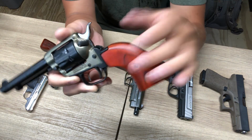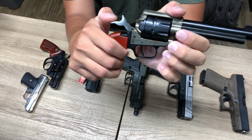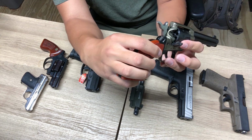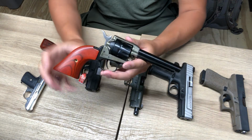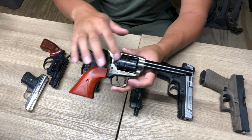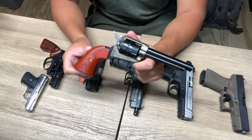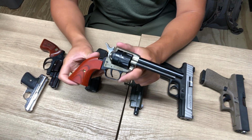I say that because this is a single action revolver, which means every time that you fire it, you've got to cock the hammer back and pull the trigger. Also slow loading because you got to flap that open, half cock it, and load it like that, one at a time. Unloading process is the same. But you can pick these up, not this one specifically, the one that's all black here, there's no brass, and the handle's about the same, $119 brand new at almost any place that sells them. Very affordable, but like I said, this isn't what I would call a gun for